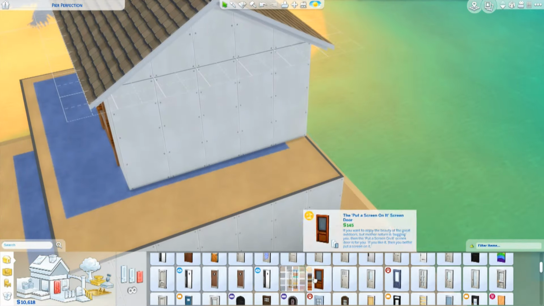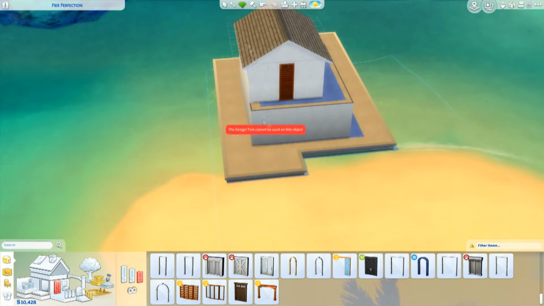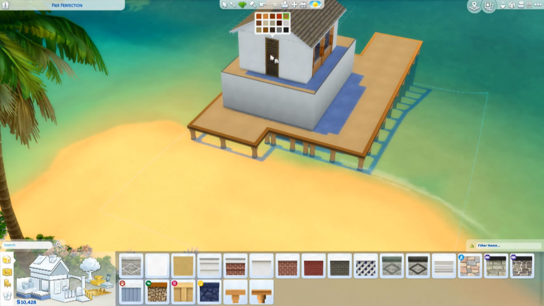Not creative sim. Oh my god, what is this? Wait a second. Getaway. It's called the Getaway. This house that I'm making. So in this, there are a lot